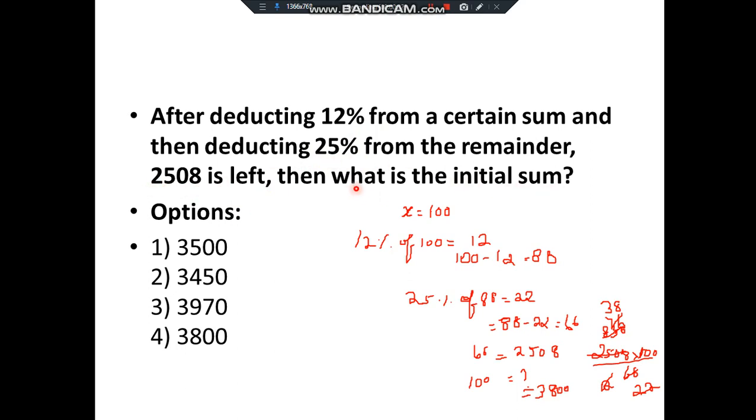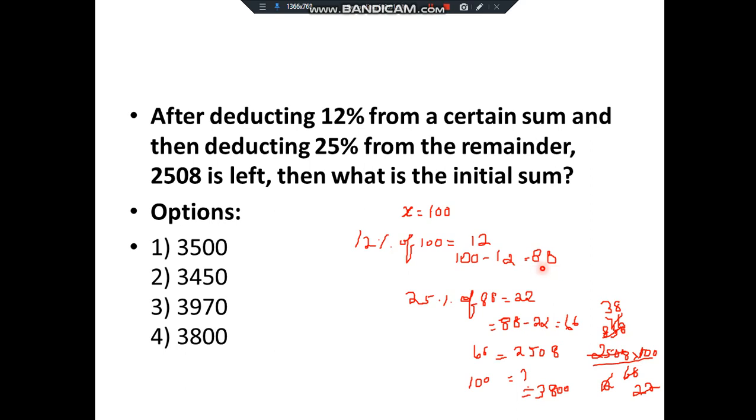That is the question. We don't know the initial number, so let us consider a number x, okay, and let us give it a value. Give a whole value like 100 or 1000, whatever you want. So we will find the answer easily. So 12% of that number 100, let us keep it as 100, okay? 12% of 100 is 12. Subtracting it from 100, you get 88, right? So 88 is the new value.